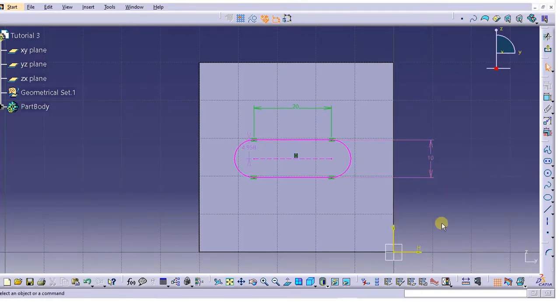Distance from the origin, and dimensioning here